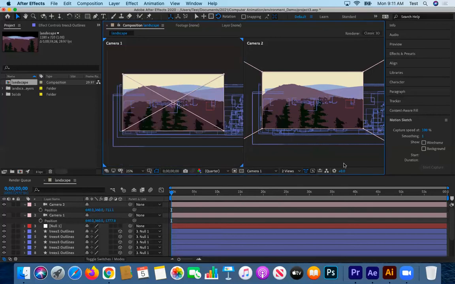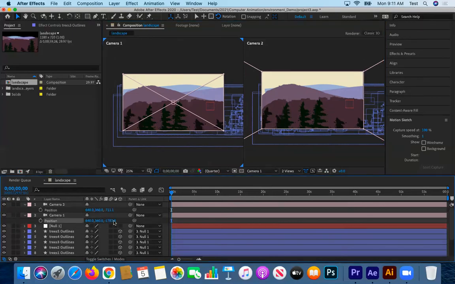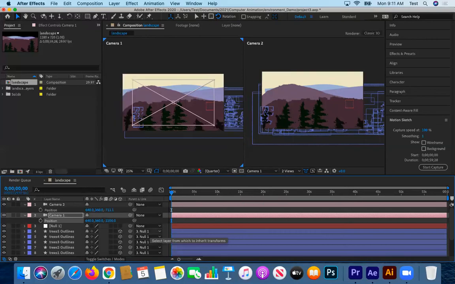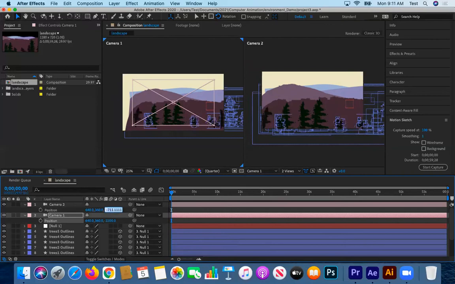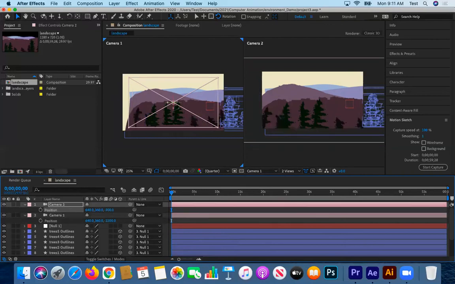Okay. And now I'm going to move the distance of these cameras back. You can see here, camera 2 is 700 pixels away. Camera 1, which is the 50 millimeter, is 1700 pixels away. So let's back this up even more. I'm going to just type a value in. Negative 2200. And then we should see some of those edges. Let's do the same here. I'll pull this back. Negative 900. And you should be able to see